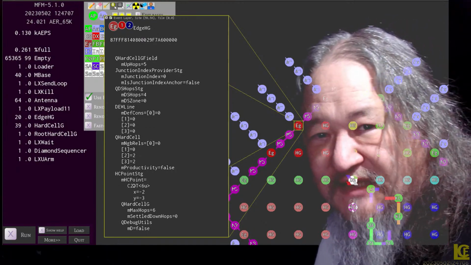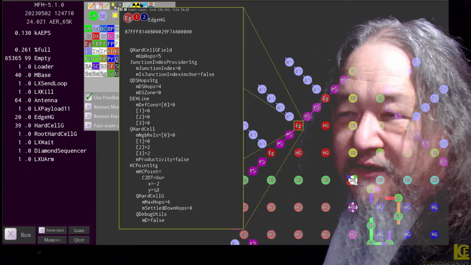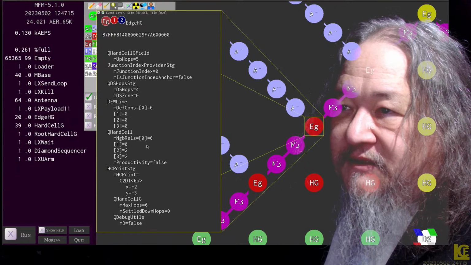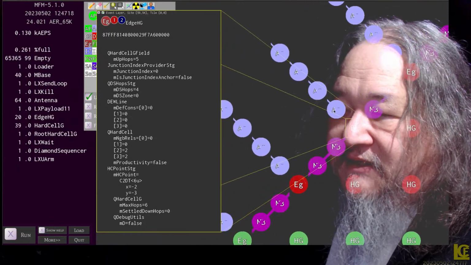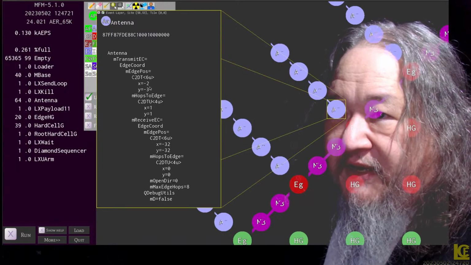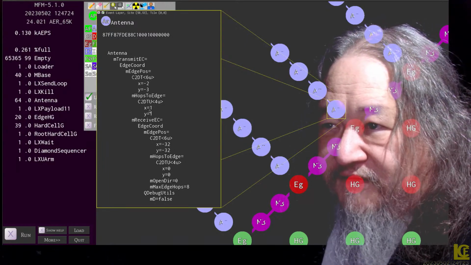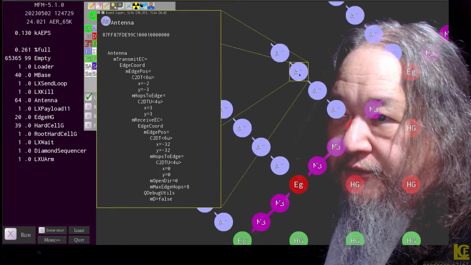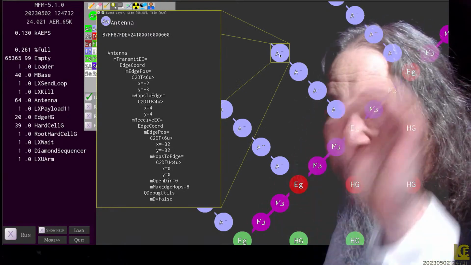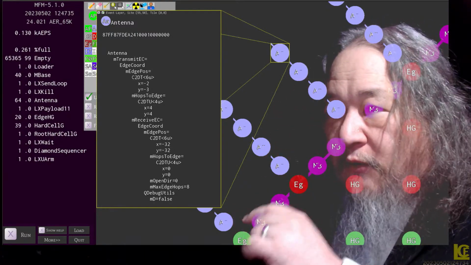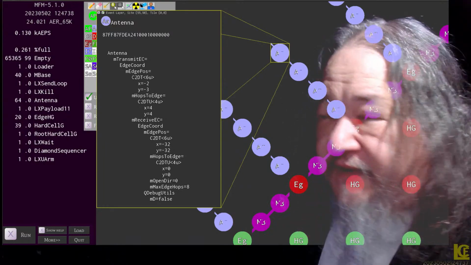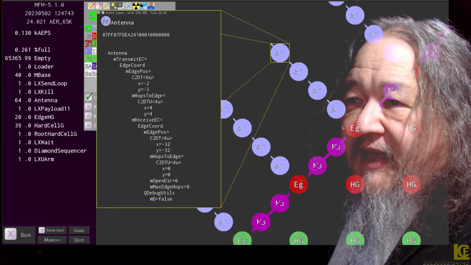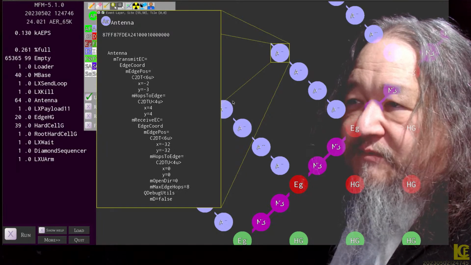Here's the HC point. That's the absolute position on the grid, which I was feeling bad about. So this guy says he's at -2, -3, and if we look at the antennas sticking out next to him, it's transmitting -2, -3, and then it has an offset, hops to edge, saying how far away that is. So it's 1, 1 here, 2, 2, 3, 3, and 4, 4. So each element of the antenna knows exactly the current value of the edge coordinate for this particular thing, and what its relative position is, and so forth.